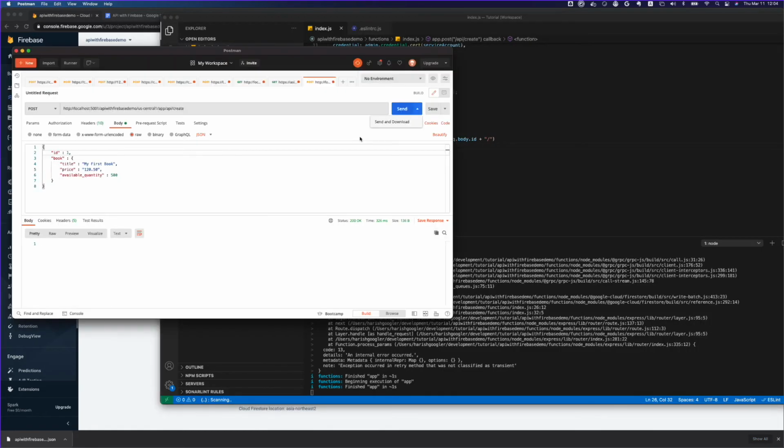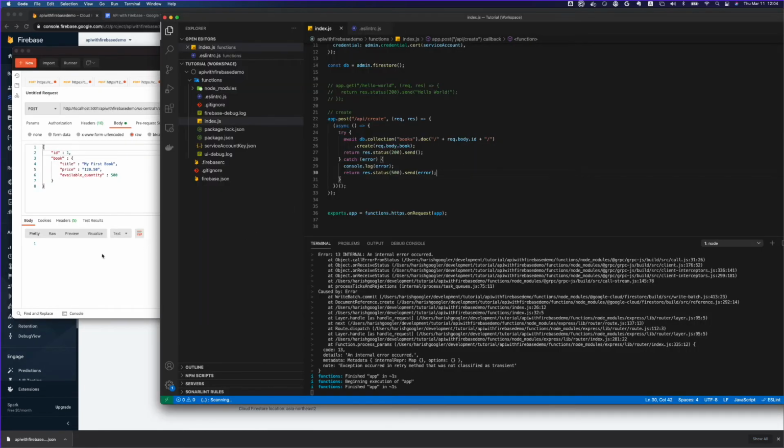But one thing, if you have noticed, the response is not good. We want to have something, some ID or something sent, or the object which is sent. So we should make it a much better response. So let's add something here, and we want to return the information which is created after this document is created. We should send a better response, and if it is a success, we should say